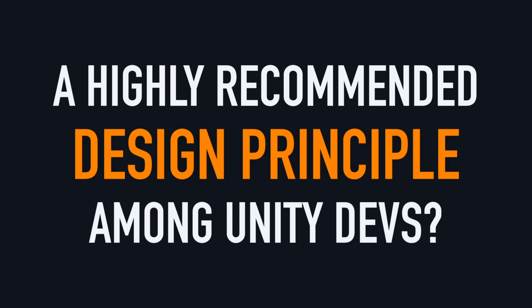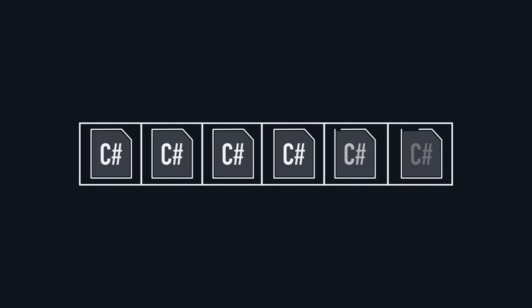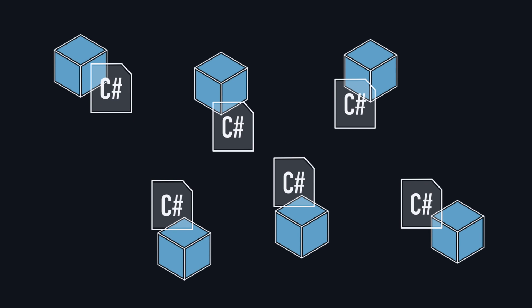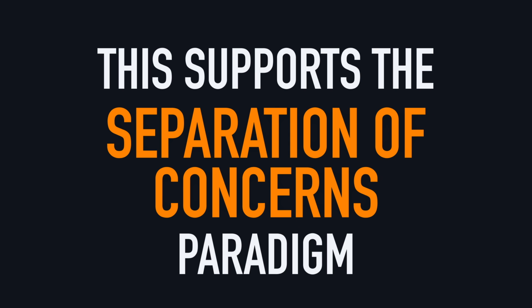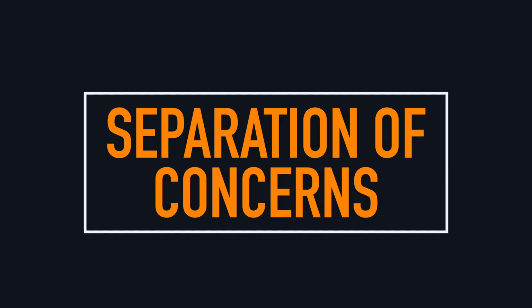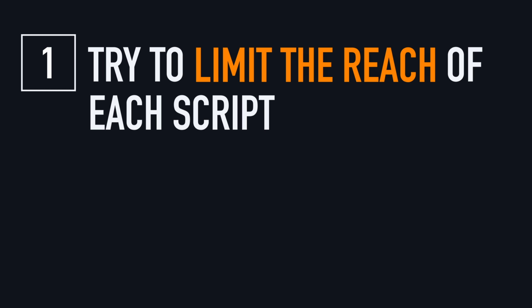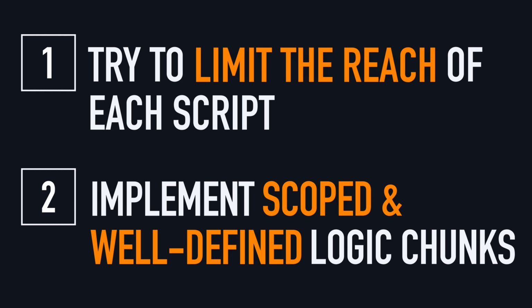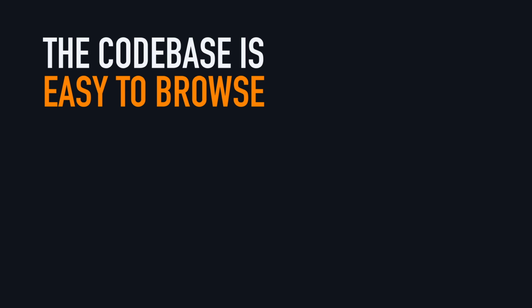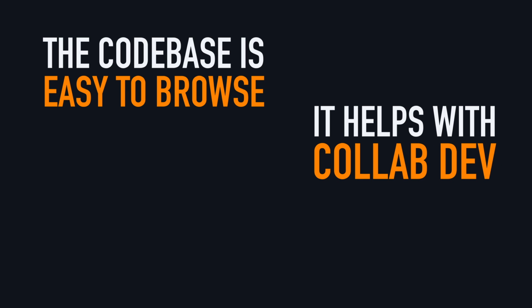Now, it's true that one of the big recommended design principles among Unity game devs is to separate your codebase into several logical chunks, each in one script, and then spread these scripts on your different objects in a scene. This helps with what's called the separation of concerns, which is a crucial concept that, in a nutshell, means you try to limit as much as possible the reach of each script and have every script do a scoped and well-defined thing. That's a great design principle because it makes the codebase easier to browse, it helps with collaborative development,